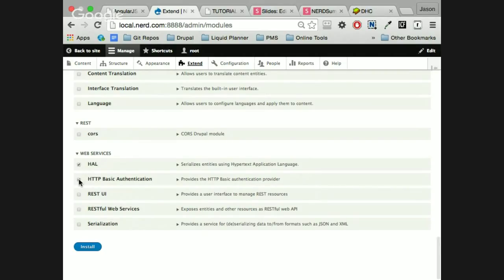We talk about HAL, Basic Authentication, RESTful Web Services, and Serialization. REST UI, on the other hand, is not in core, but it's here because I already put it there. And here's the module I talked about, CORS, to have an authentication from the external website to the current one.